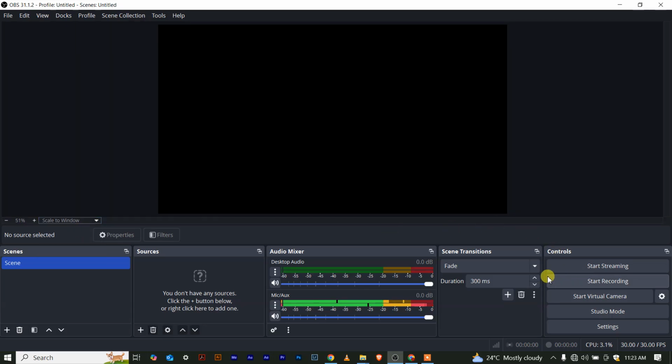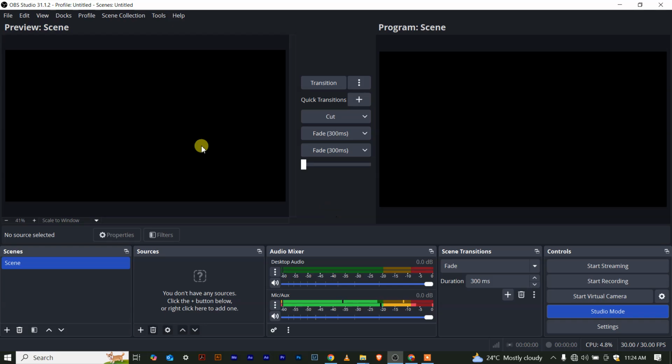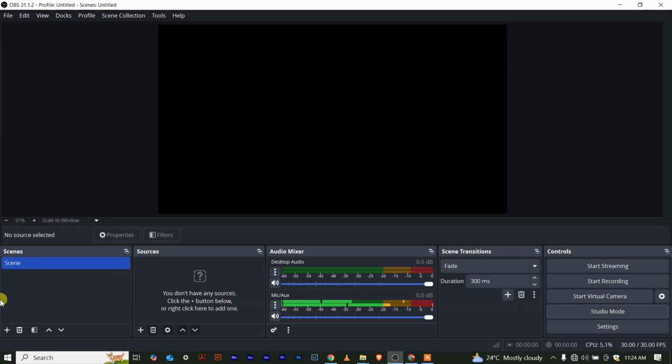Because if we come here to the control settings now, let's say you will see something later and we're going to put studio mode, so it's best for you to be able to have your preview and your program. So that's why I prefer it in that mode. So let's go back, we'll come back to that later on. So now we are going to start with